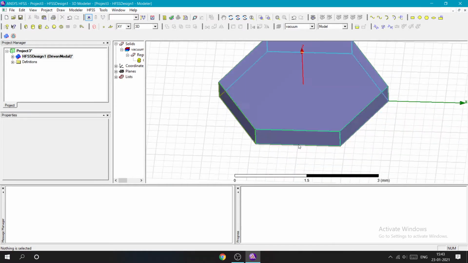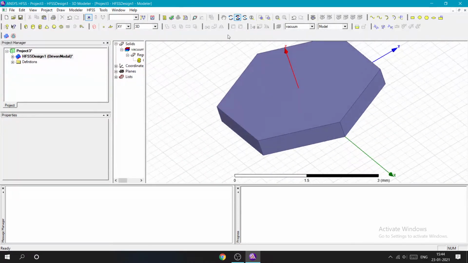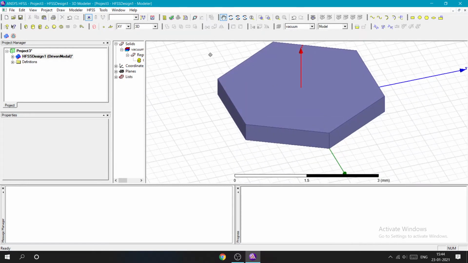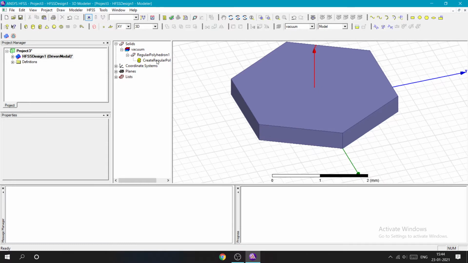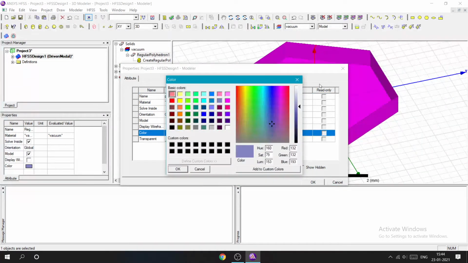Now I'll use this. You can see this, and I will make it a little transparent so you can see inside also. Double click on the name and you can type polyhedron.